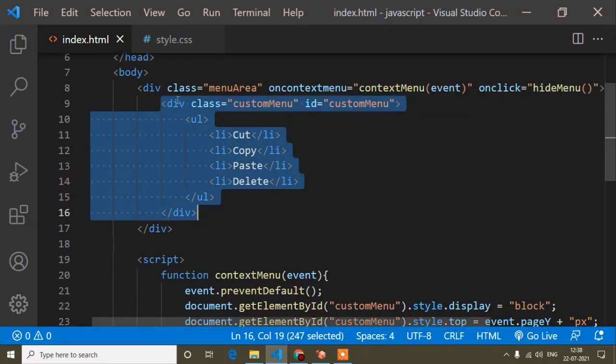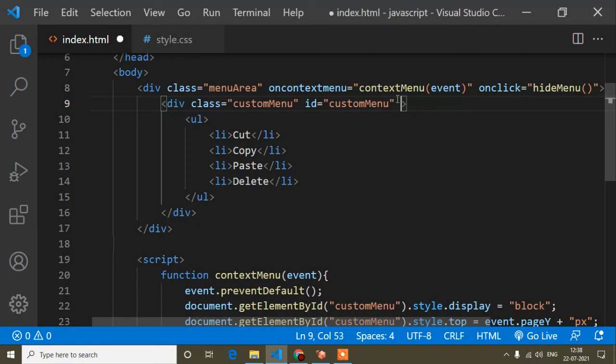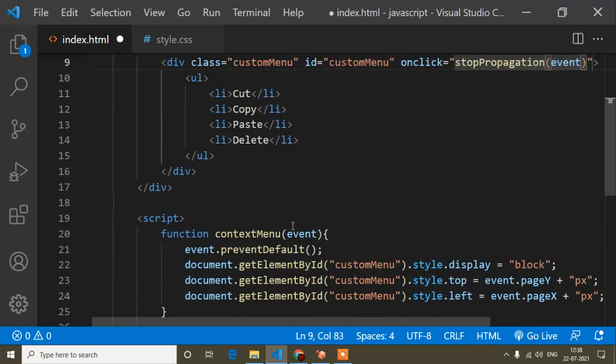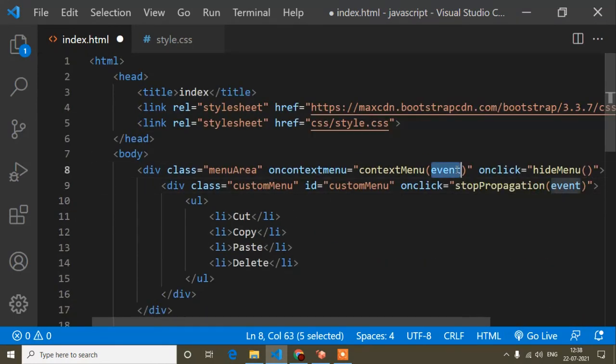In the child, I also have to write an event. Here I will write onclick, and the method name I will write is stopPropagation, with parentheses. You can write any name. Here I have to pass an event, the same way I passed the event in the other one.